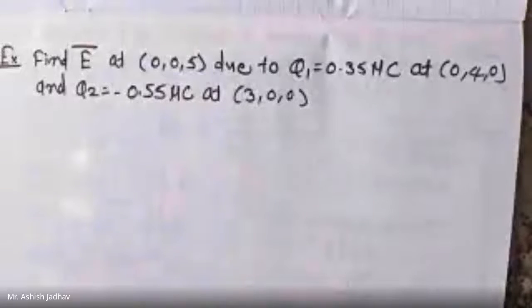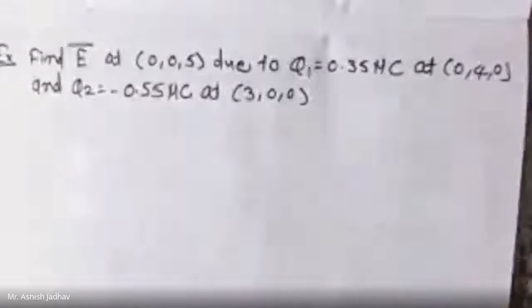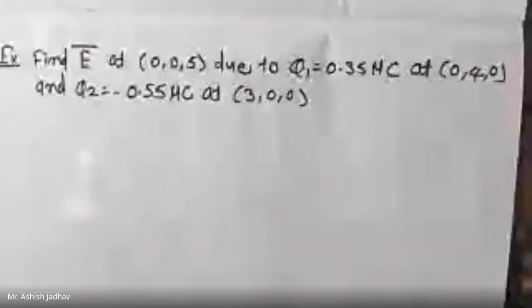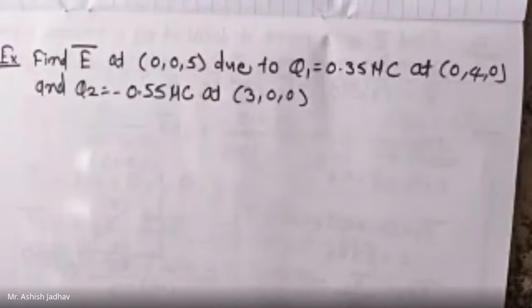You can start solving this example. Of course, I'm going to tell you the answer, but those who are able to solve, they can proceed. Very similar example we have just now solved. So once you calculate the answer, you can put your answer into the chat box, because every time I'm asking you to write your answer in the chat box, the chat box is visible to me. We can generate the log of the chat box, and that will be the proof that you have solved the answer. So everyone should try to solve the example and write your answer in the chat box. Let it be wrong. Don't worry. Don't bother about it.